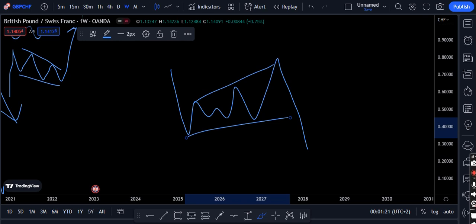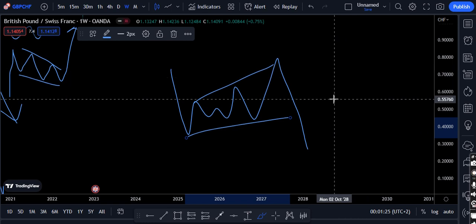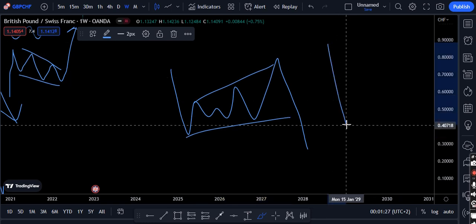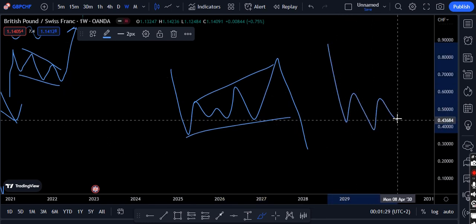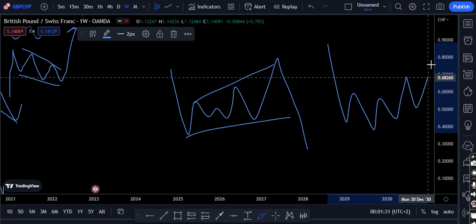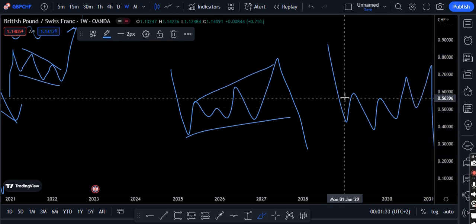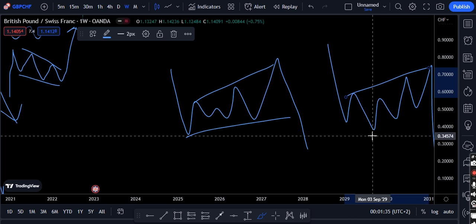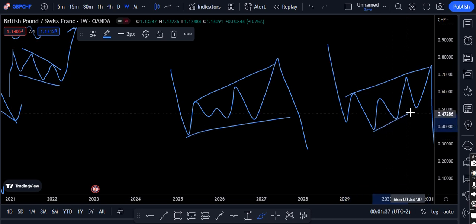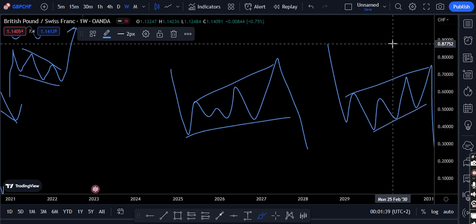And the bullish and bearish flag, always take advantage when it reaches the third touch. When it reaches the third touch, that is the very preferred time to enter the market